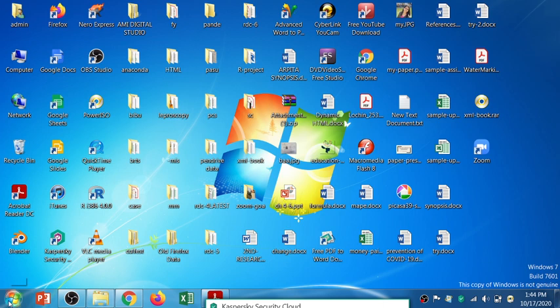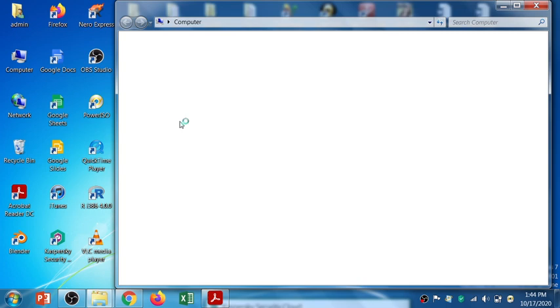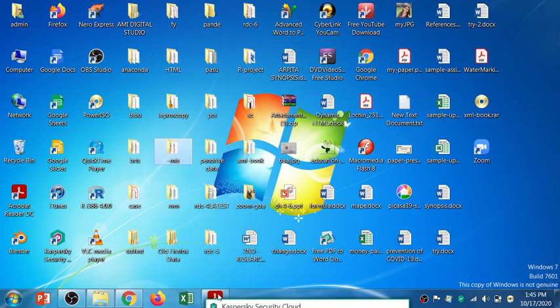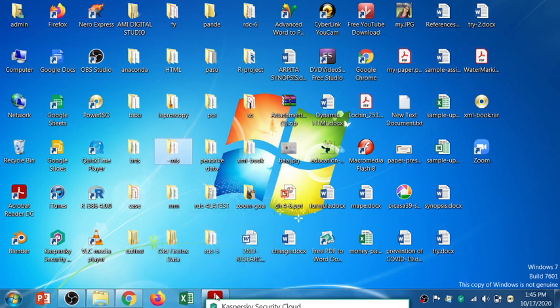Otherwise you have to open your start menu or My Computer, and then open your particular drive and then access your file, folder or program, anything, right? So let's see the further topic.